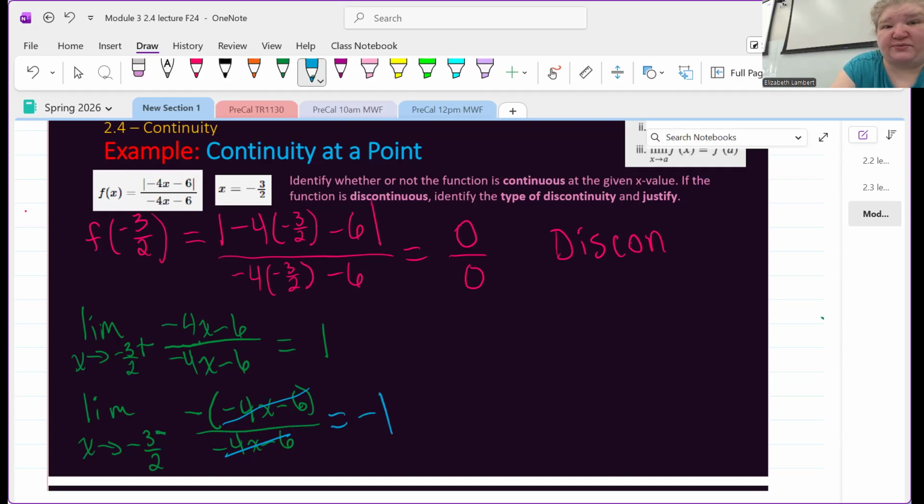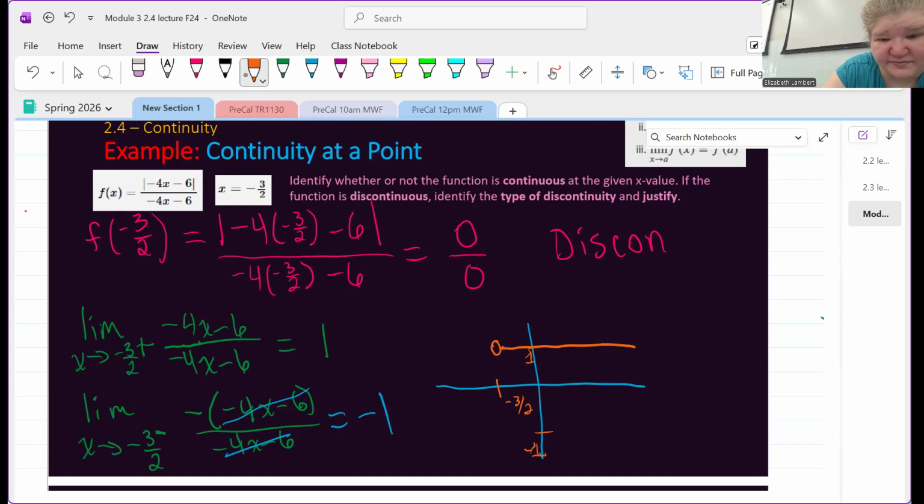And the graph of this particular function is actually rather silly. It turns out, regardless of what x value I pick, any x value that's bigger than -3/2, I'm going to get a +1 for all of those x values. So let's put in our -3/2 here. Everybody over here, it just equals 1. Now, when we're on the left side of -3/2, like if I plug in -2,